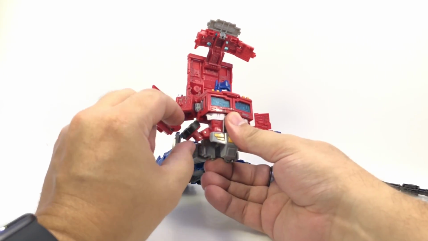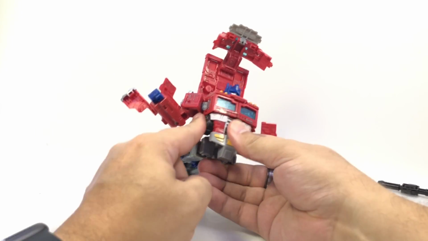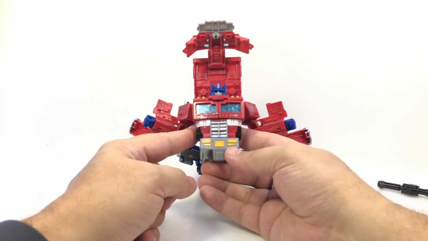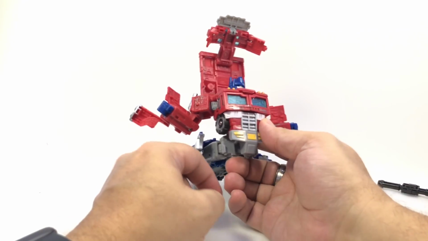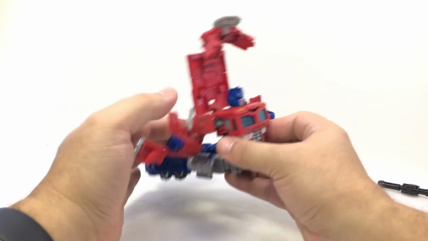It's hinged in a couple different places, here and here and up in here, so that wheel can collapse up into his body, which is actually a pretty neat little detail. One, the black kind of helps emphasize the abs here, and just the way they fold up and store into the body is really neat, versus just hanging off the side. Then you can bring the arms